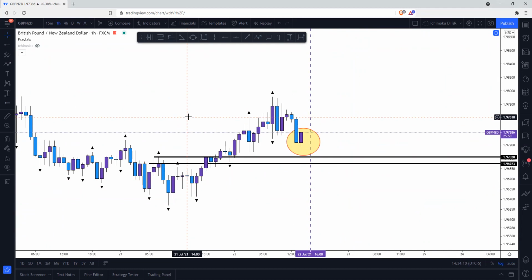Well, it looks like there's a potential 150 pip move, give or take. Right. But no, I'm totally with that analysis. That's pretty much where I'm standing. Yeah, and going back to the fractal, this is